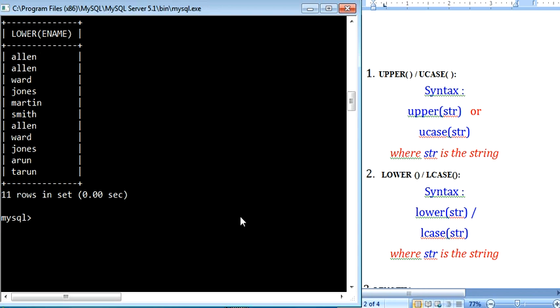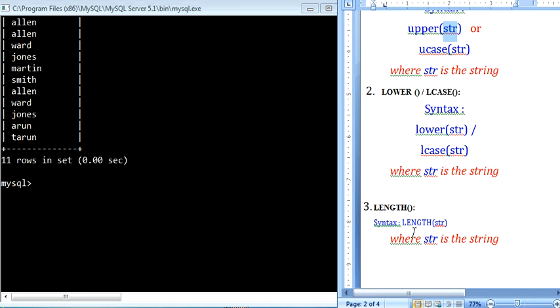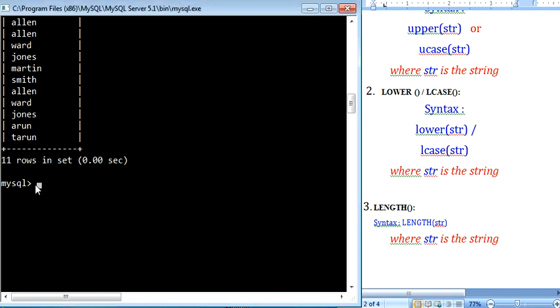Now the next function is called length. This length function is basically used for calculating the length of a string, and it will be displayed. Okay, let us see some examples over here. First let's try with a normal string. We want to find out the length of the string we have passed, so just use the function length. The string we have passed is "computer science". It will count all the characters enclosed within the double quotes and the result will be generated.